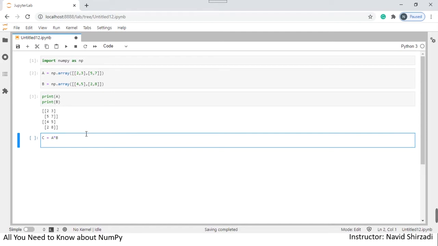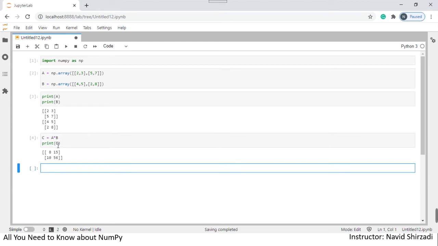And if I print it so I can see it and run this cell, now you can see the result is coming from multiplying these two arrays, element by element,